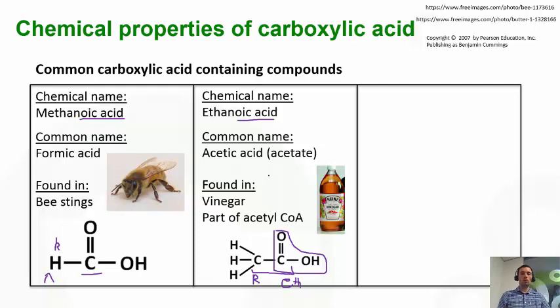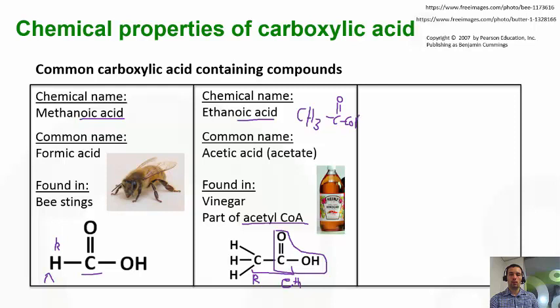So some of you might already know that ethanoic acid is actually one of the main components of vinegar. And it's also one of the main components of a very important compound that we'll see a lot more of in metabolism, which is acetyl-CoA. So acetyl-CoA is essential to a lot of different metabolic processes, and the only difference between ethanoic acid and acetyl-CoA is, well, I'll draw the structure. So we've got a CH3, then we've got our carbonyl group like this, and the OH is actually replaced by